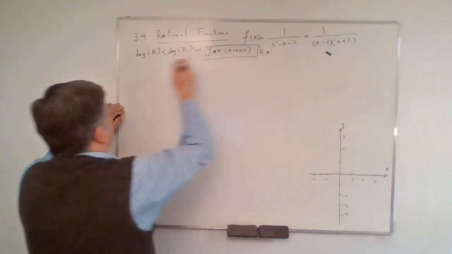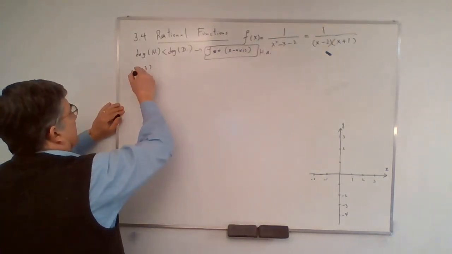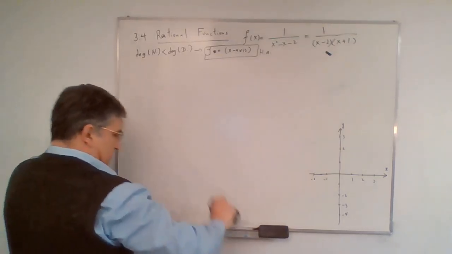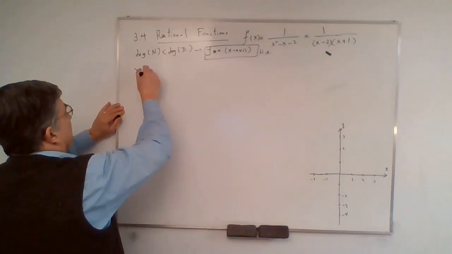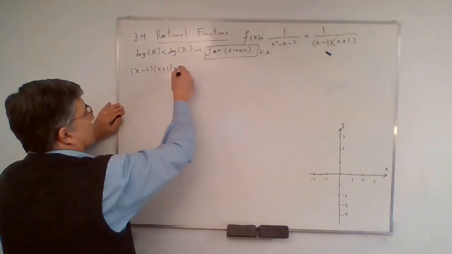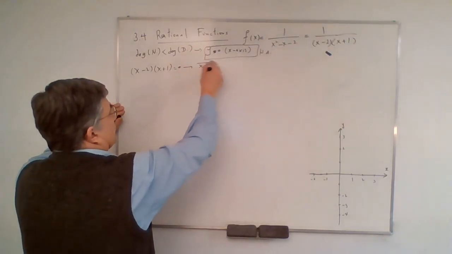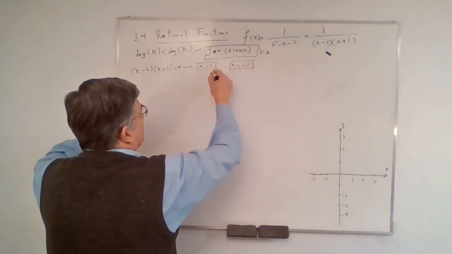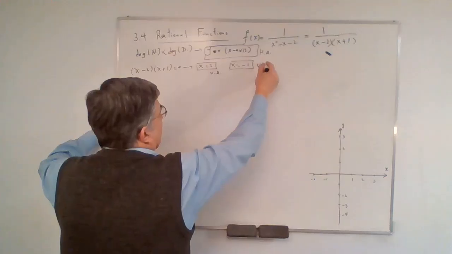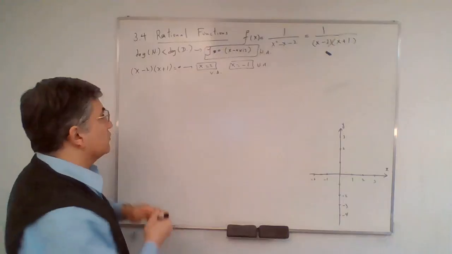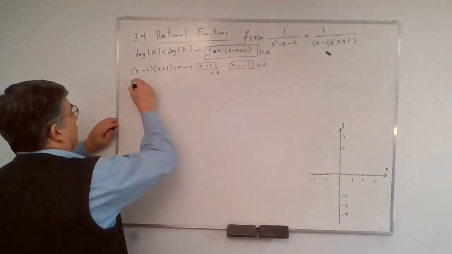And for the vertical asymptote, by setting the denominator equal to 0, I believe we will end up with two roots for the denominator. So x equals 2 and x equals -1 are the two vertical asymptotes for this function. So we don't have any slant asymptote. I'm going to mention it: no slant